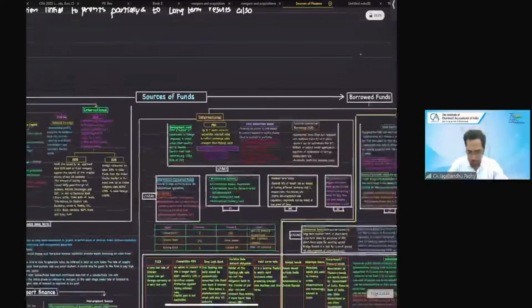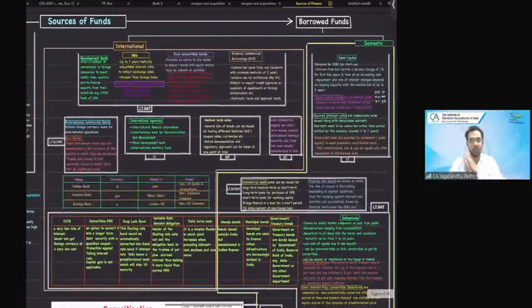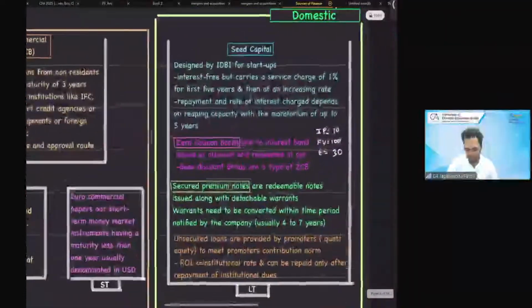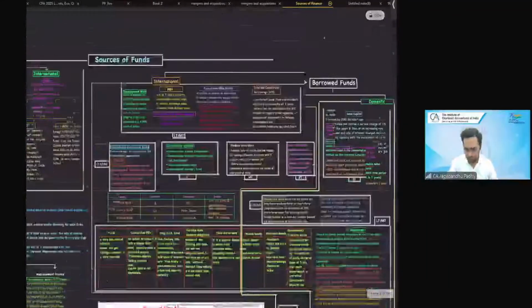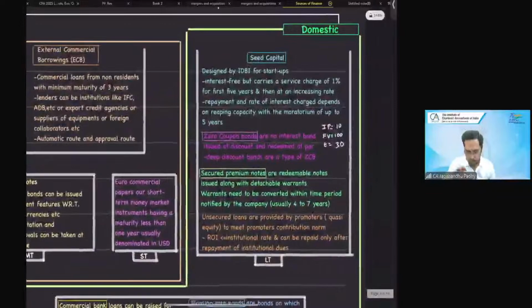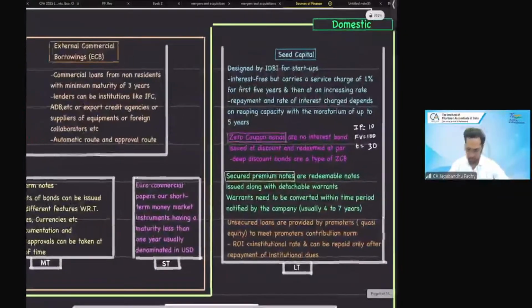Now, coming to the borrowed funds category. In borrowed funds, we have a lot of instruments. We'll be covering as many as possible. So first, looking at the domestic area. In domestic form, I have classified these borrowed funds into long-term, short-term, or medium-term. So when we have domestic sources of borrowed funds for the long term,